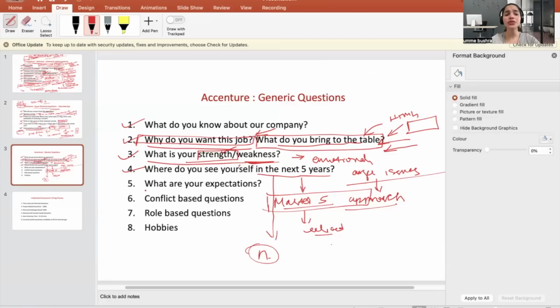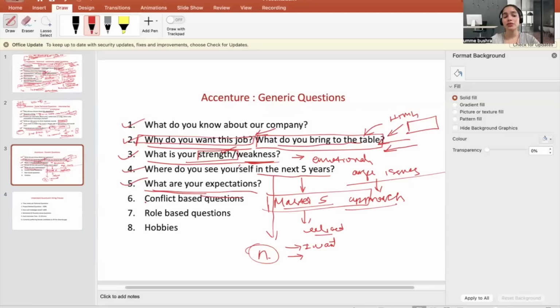Okay. So the next question is, what are your expectations? The interviewer will always expect you to have some opinion. It's not like he will just tell you something and you will agree with it. That doesn't happen. So when he asks you about your expectations, you can answer: I want to grow, I want to learn a lot of skills, I want to have work-life balance, I want to be part of a good team, and contribute to the company and the team. Whatever goes in the company's favor will help you get this job better.